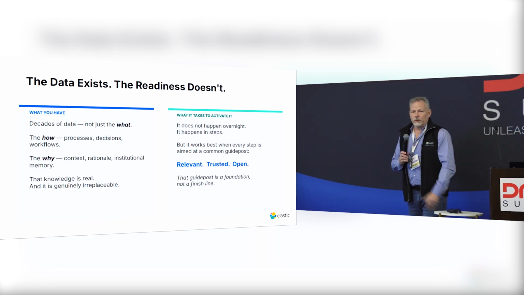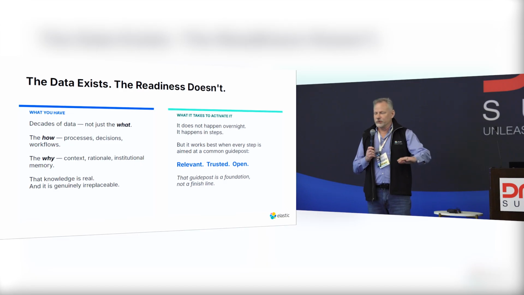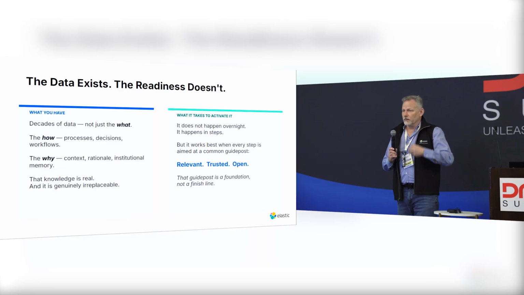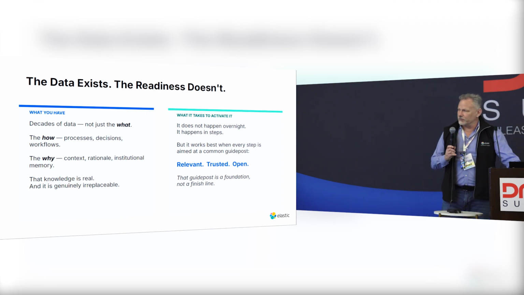What are those things that you really want to focus on to make sure that level is there, and more importantly, you can test it, you can measure it, you can make it repeatable, and you can establish that level of trust so that whatever you're going to deliver to that agent, you know that at least that level is going to be performant, it's going to be trusted, and you know what it's going to give. You may not trust what the agent might come back with, but at least you can measure up to that state.